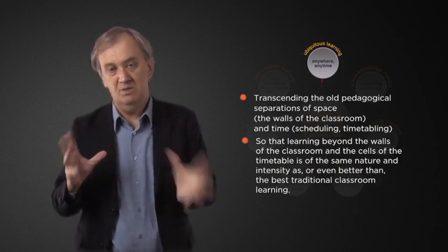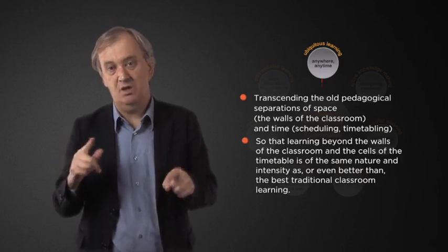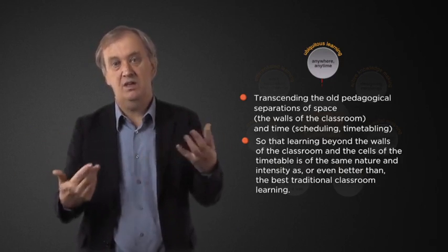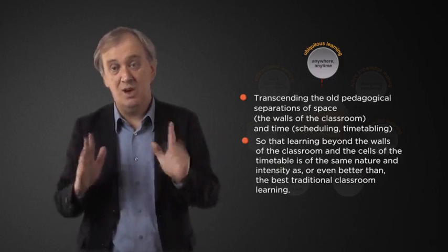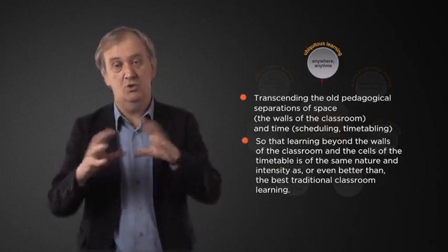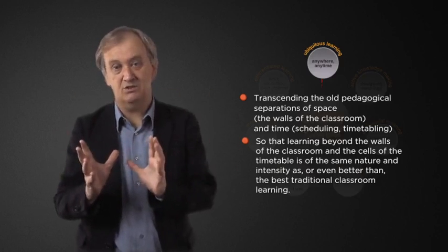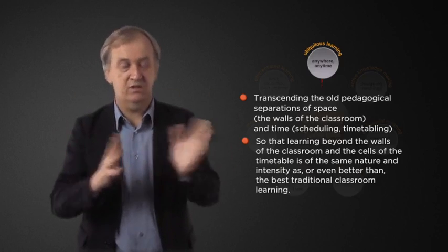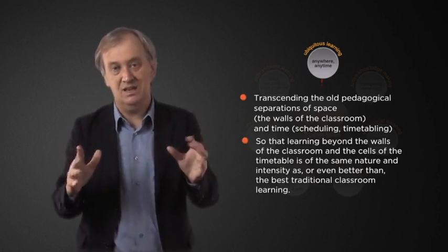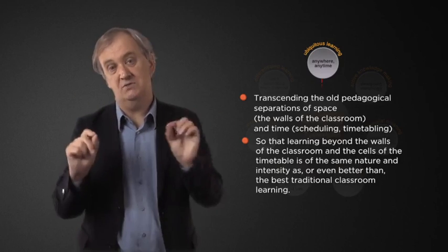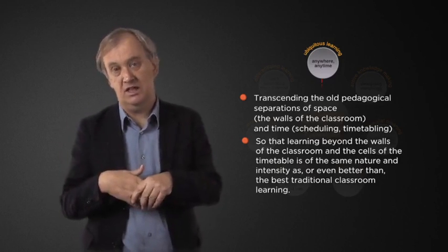So the ubiquitous learning idea means that learning can be all around us, and we can have these profound learning relationships which once really could only happen in a classroom or could only be centred around the classroom. Those same learning relationships can happen with the same intensity without the confinements of time and space that are in the traditional classroom. Ubiquitous learning is certainly an idea that is now becoming itself ubiquitous, the idea that learning can happen anywhere at any time.